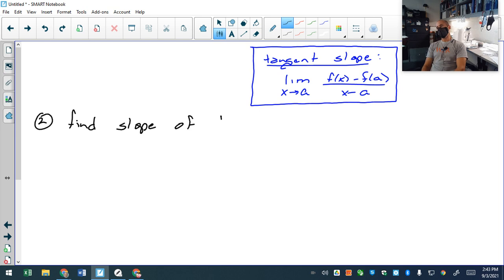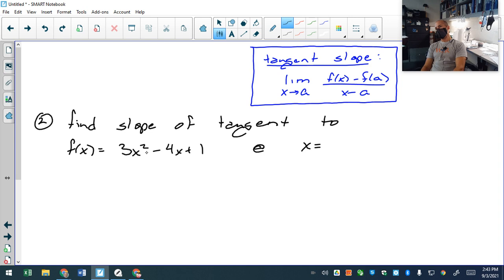Find the slope of the tangent. And here's the beauty of these problems. I love these problems because I don't even have to think about how pretty the function is. I know these will always work out nicely if you set it up correctly. So I'm just going to make up a function. Find the slope of the tangent to f of x equals, let's make it fun. Let's do 3x squared minus 4x plus 1 at x equals,